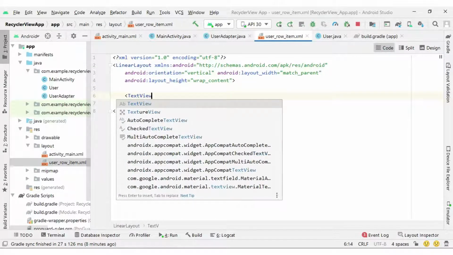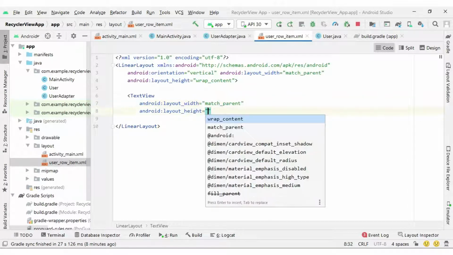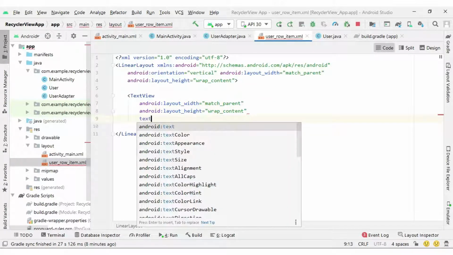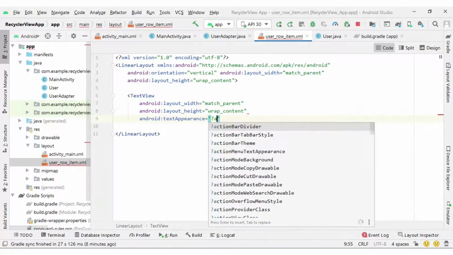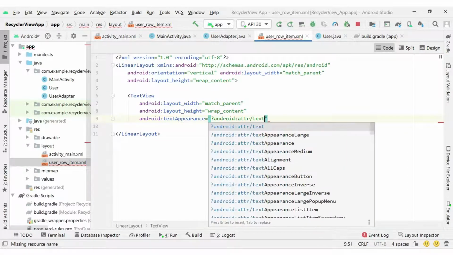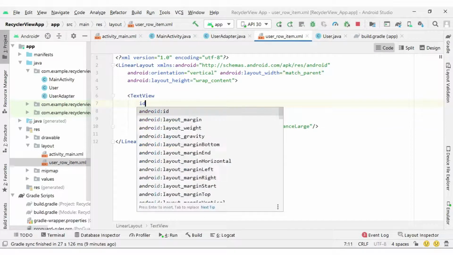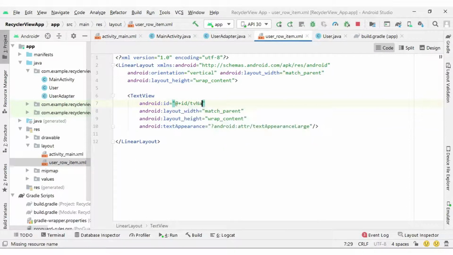Next I am going to have text view with match parent and wrap content, and text appearance question mark android attr attribute, and text appearance large, so it will display my text in some large font. And id of this text view I will set tv name.